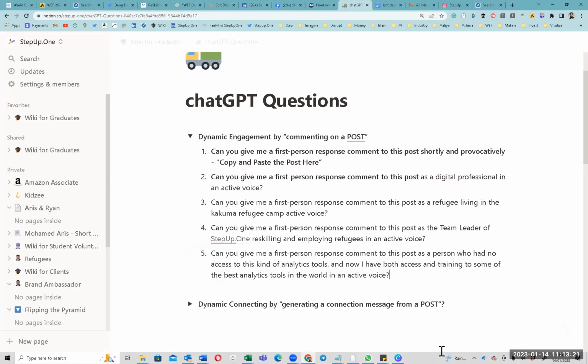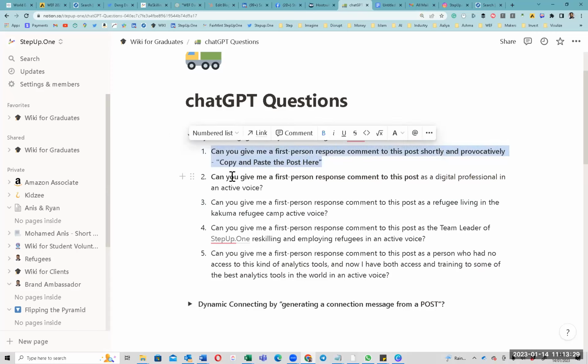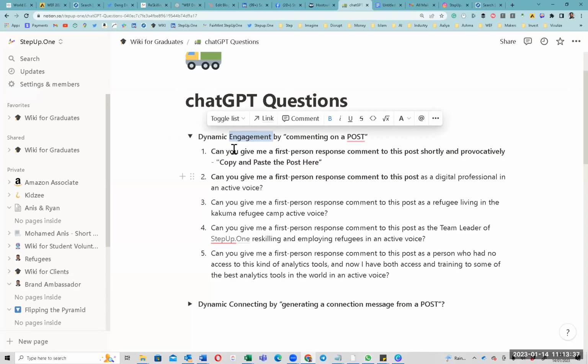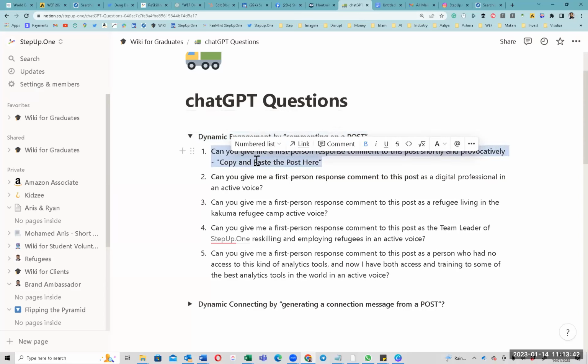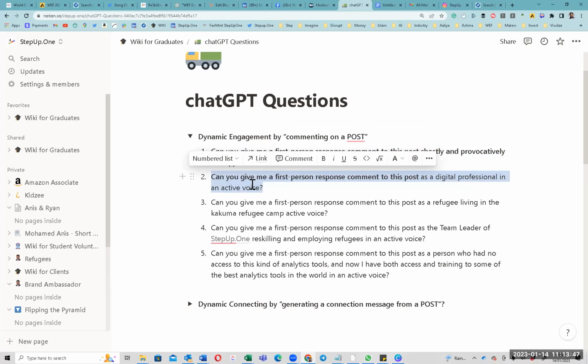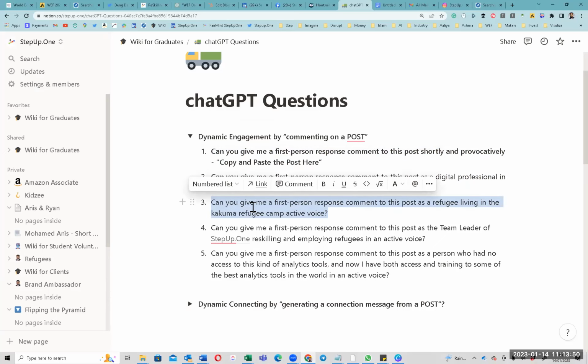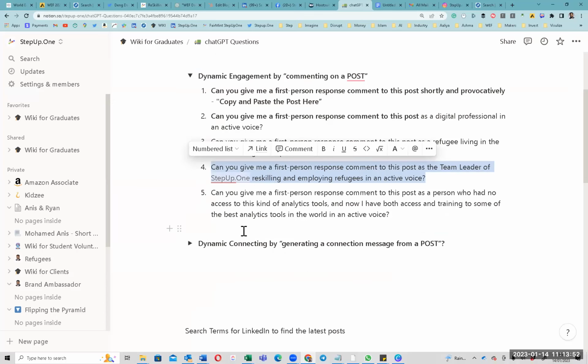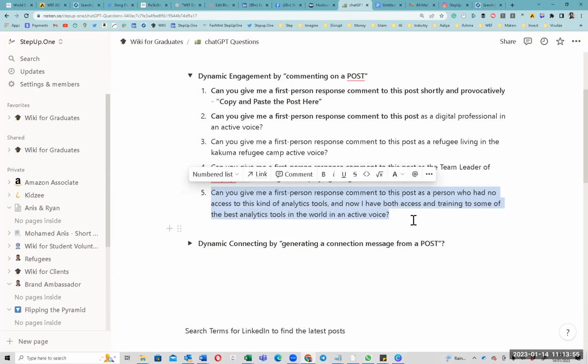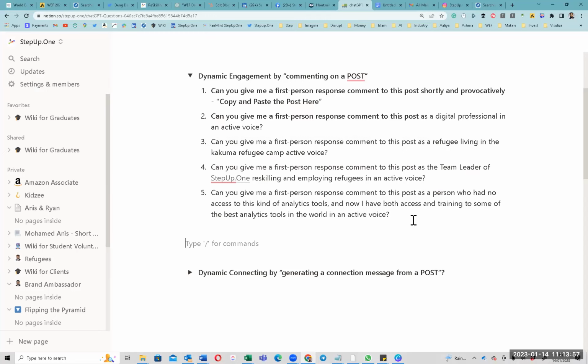And we are not done, right? We can come up with another 100 more such prompts to ask ChatGPT on the simple idea of commenting, right? And what does commenting do? Commenting allows us to engage with people, engage intelligently. So the more intelligence you put in your question, in this question, there is zero intelligence. In this question, there is maybe 10% intelligence. Maybe here it is 15%. Maybe it is 20%. And here it is probably 30%.